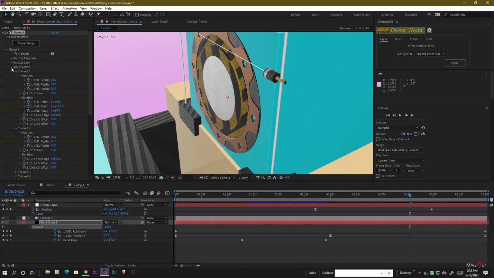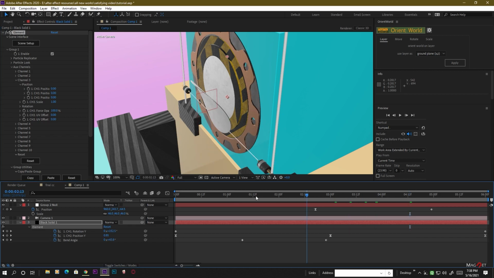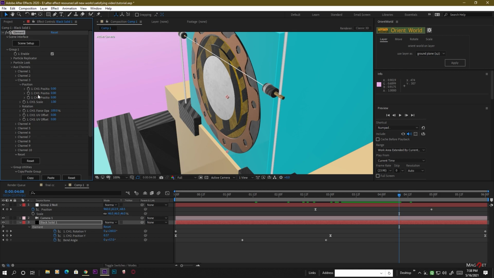So now we go to group number 1, auxiliary channel number 3. Okay, so first we come back here, and when it is pushed upward in that position we make a keyframe here. So this is how you can push it back and forth. Okay, so we have to push it front side. So first we make a keyframe here,